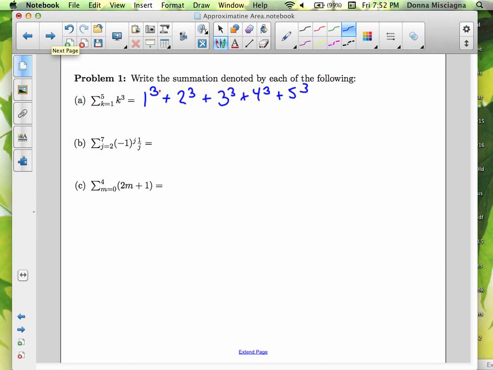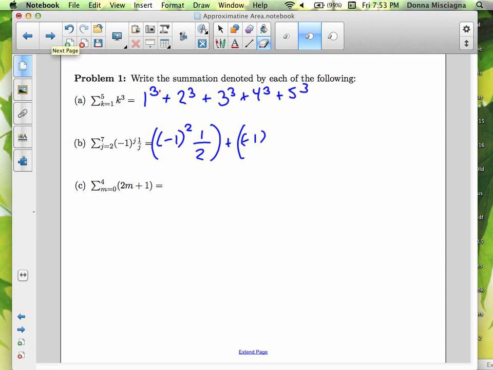All right, so for the second one there, we have (-1) to the j power times 1 over j, where our starting value is 2, our lower limit, and our upper limit is 7. And so in summation notation, we would have (-1) to the second power, 1 over 2. That would be the first one. I'll just put parentheses around the whole thing. Plus, of course, there's quite a few of these to write down, huh? (-1) to the third, times 1 over 3,